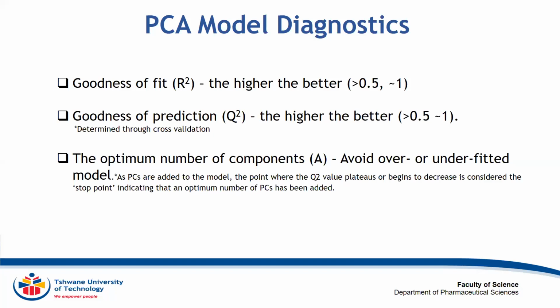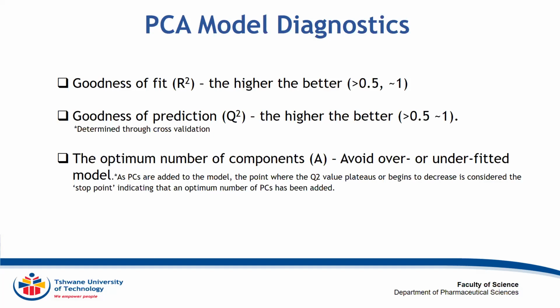Okay. Another parameter that I just put in here is not necessarily a diagnostic, but you need to determine the optimum number of components to avoid overfitting or underfitting your model. This is very important, because our software tends to give us the freedom to auto-fit and just leave the software to do everything by itself. So you need to be able to go in and see if your model makes sense,